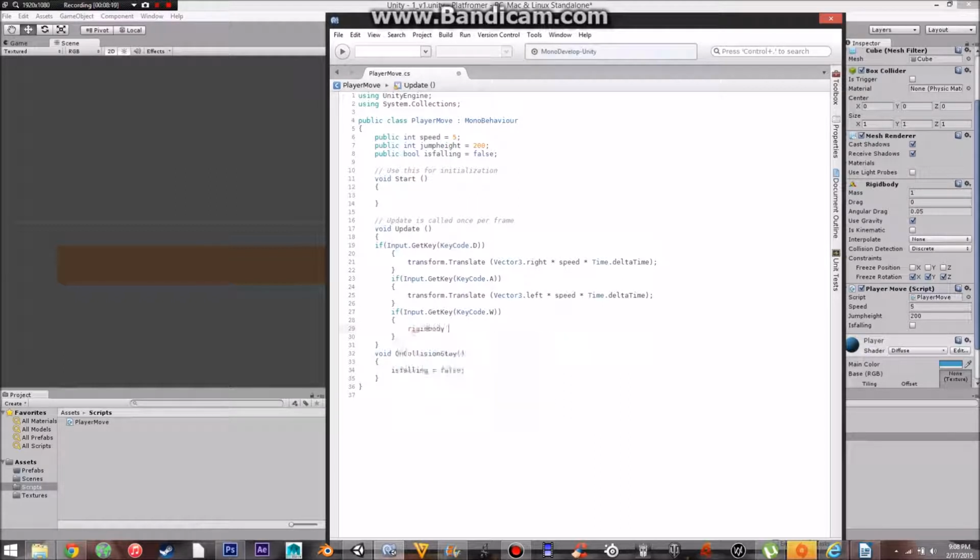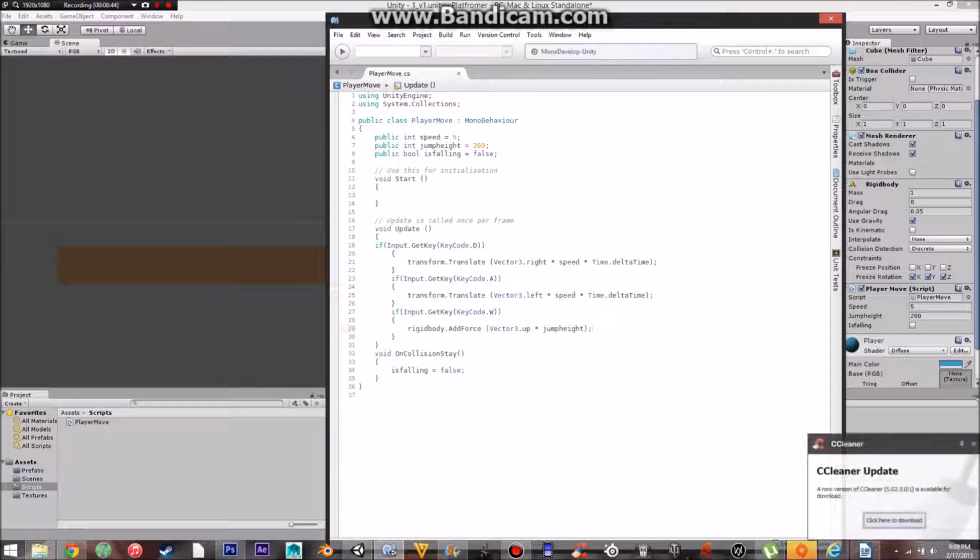So start with rigidbody dot AddForce, brackets, Vector3.up, and then we want to times this one by our jump height, and then not by times delta time, because we're adding force this time. We don't need to do that. That's automatically done. So we want to put a semicolon on the end,